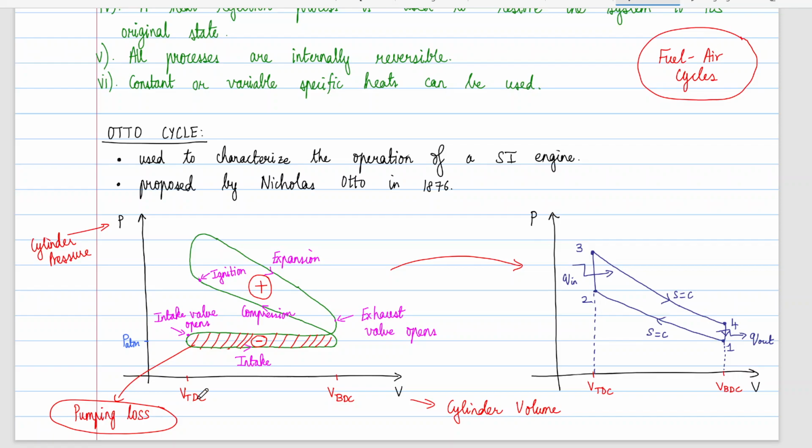As the volume increases from VTDC to VBDC, that is when the piston moves from top to bottom, the intake valves open, and intake is the process where we are taking in the fuel air mixture. Then as the volume decreases, there is compression happening, and when we almost reach the VTDC, that is the top dead center,